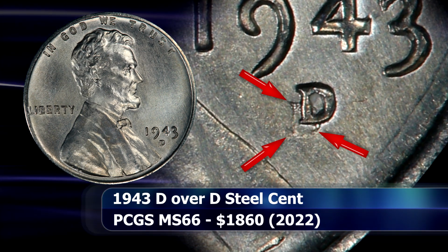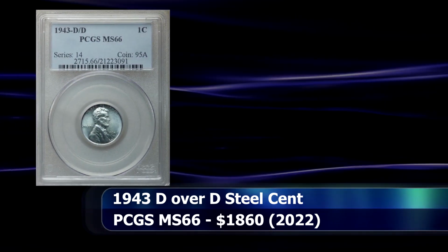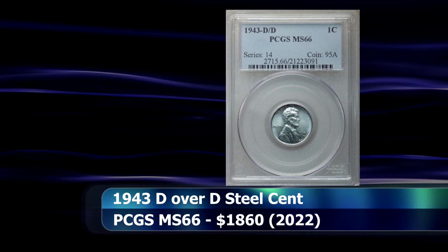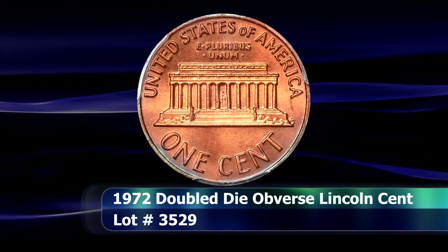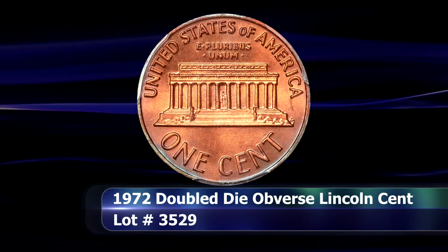This coin was graded by PCGS as MS66, and when it passed under the auctioneer's gavel, it sold for $1,860. The first of no less than 3 memorial coins from the 1970s to appear on this list is this